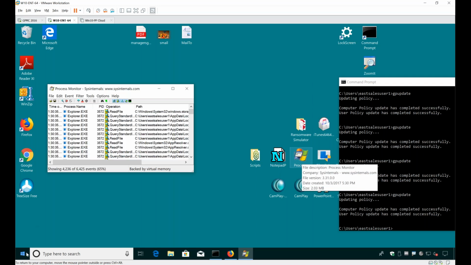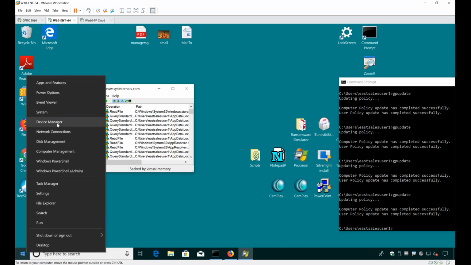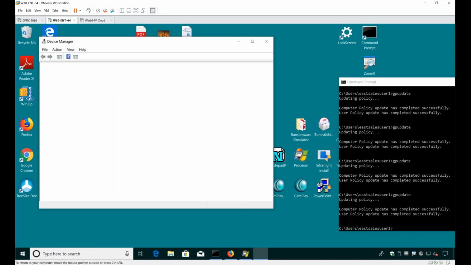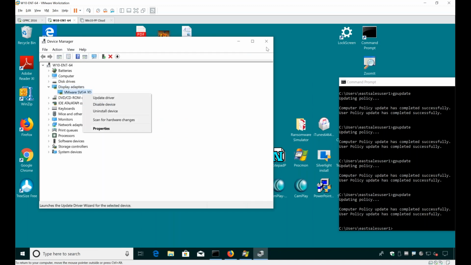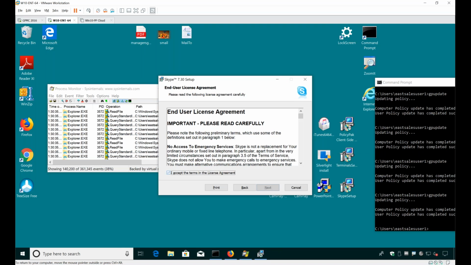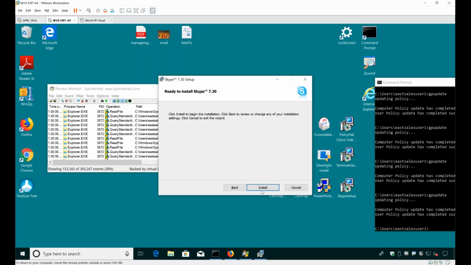Bang, there's procmon running. And if we take a look at Device Manager, bang, no more prompt for Device Manager. That's going to go ahead and run with admin rights now, where you can update your device drivers if you need to. And Skype install, let's do that guy last here. Before, we got a UAC prompt in our face. This time, bang, bang, bang. Right there, install, we had the UAC prompt, and now it sails through.